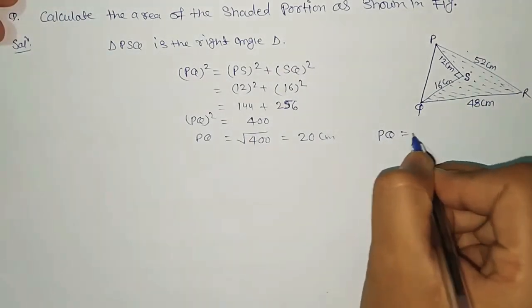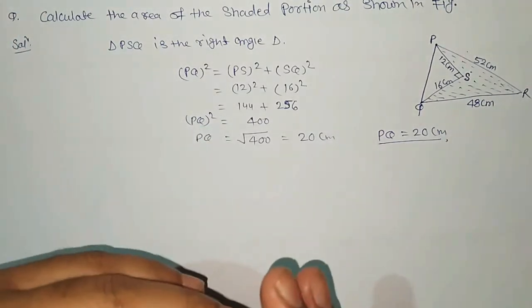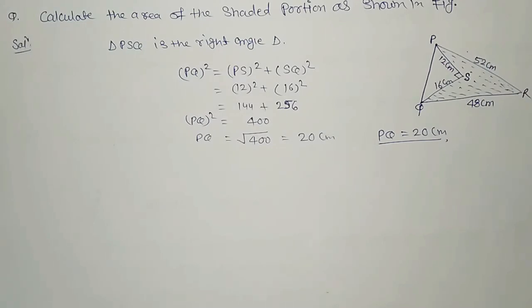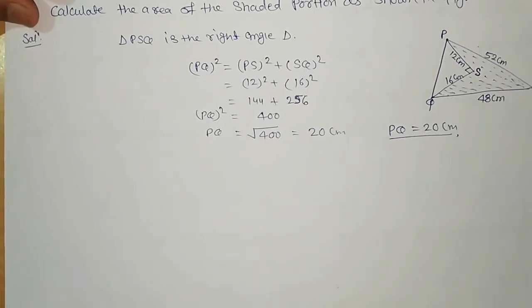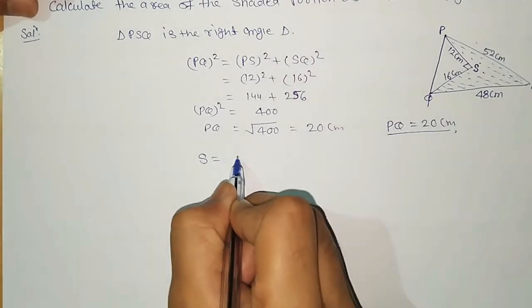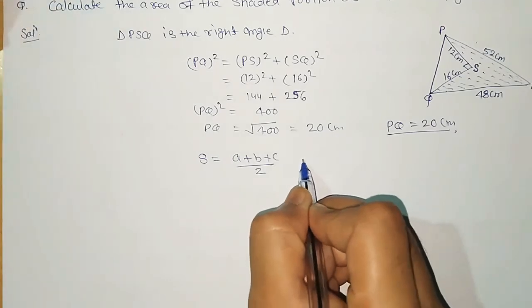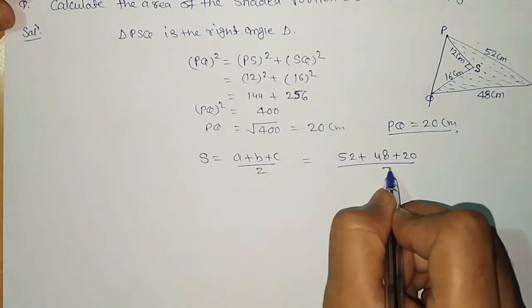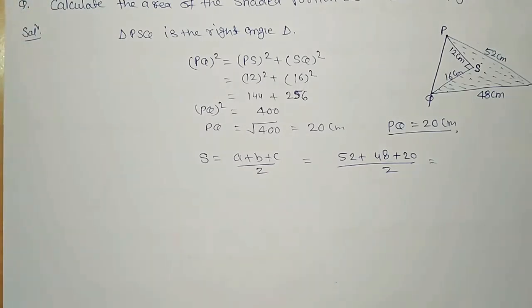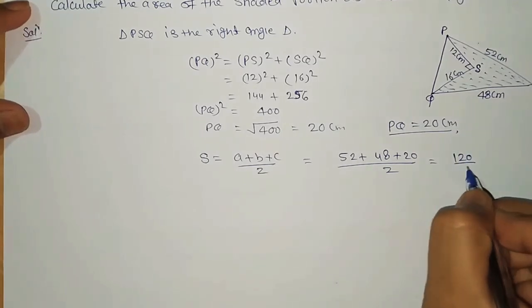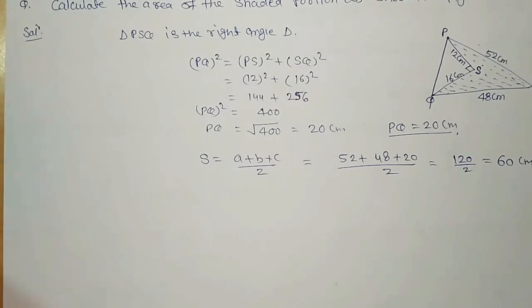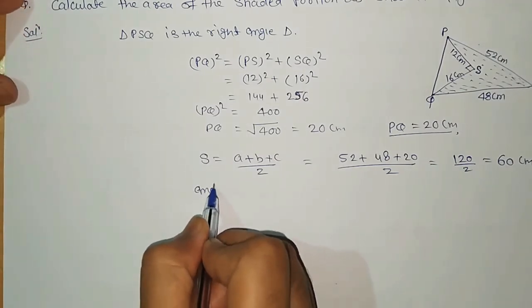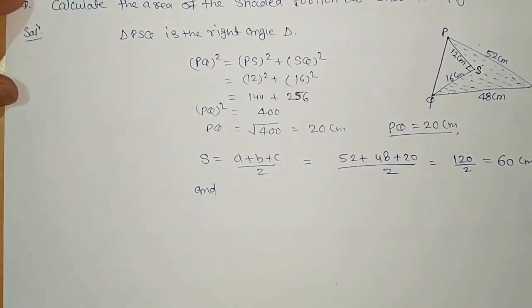नाउ अब हमें मालूम चल गया है कि PQ इक्वल टू 20 सेंटीमीटर है। Again, but this triangle PQR is not a right angle triangle, so we know the area of this triangle PQR is found by Heron formula, so use the Heron formula in this case। So S equal to a plus b plus c by 2, this is the semi perimeter of the triangle। Now 52 plus 48 plus 20 by 2 equal to 120 by 2 equal to 60 cm is the semi perimeter of the triangle PQR, and area of triangle PQR is